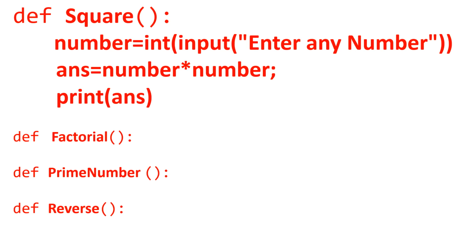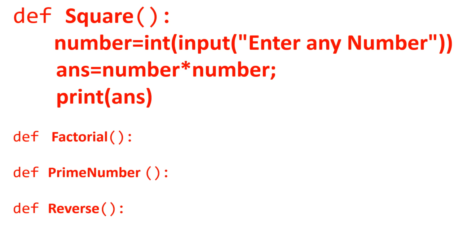So we have taken here a factorial function, a prime number function, and a reverse function, and if we run this program, then an error will come. The Python compiler will give an error